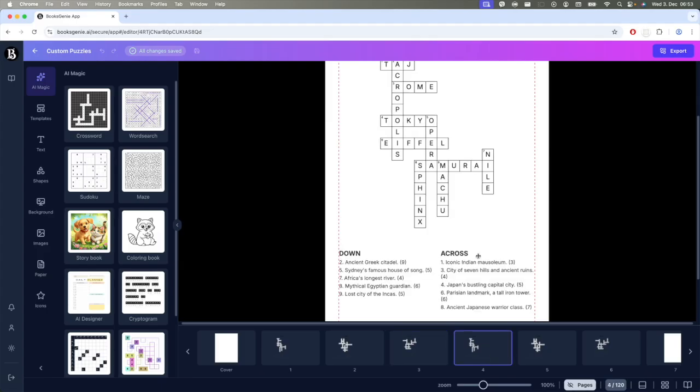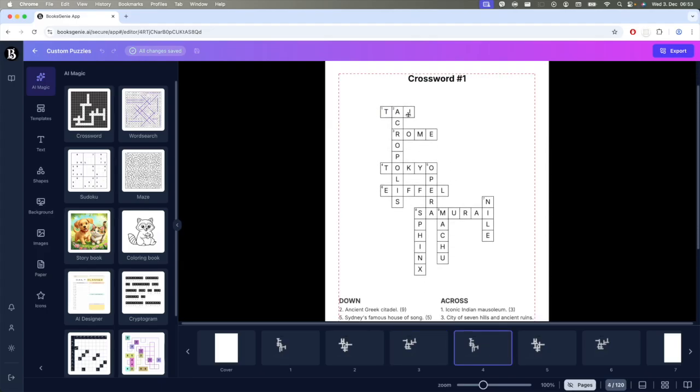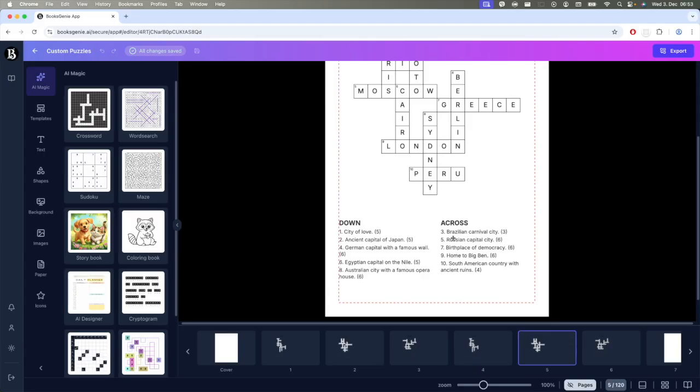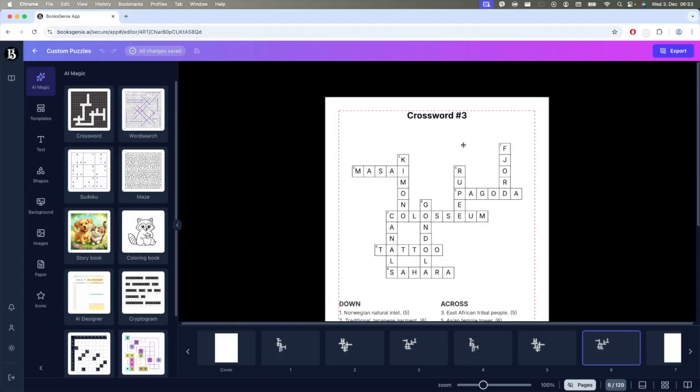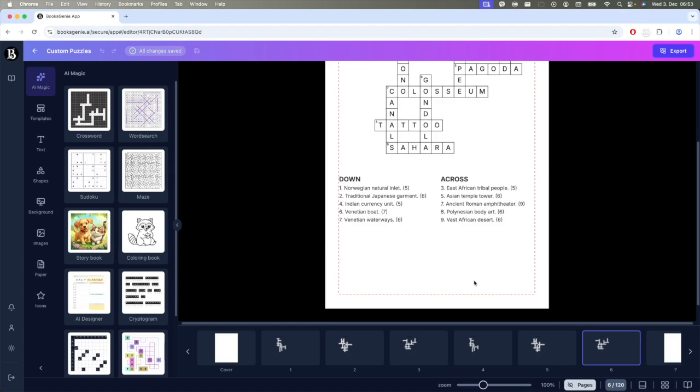So this is the solution for puzzle number 1. As you can see, it's pretty filled. And then this is a solution for puzzle number 2. And this is a solution for puzzle number 3. This is pretty much how you can create crossword puzzles using booksgenie.ai